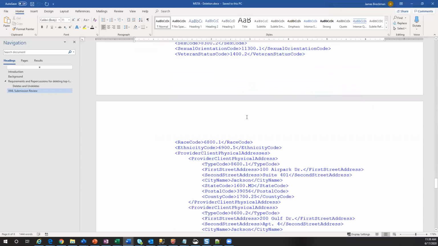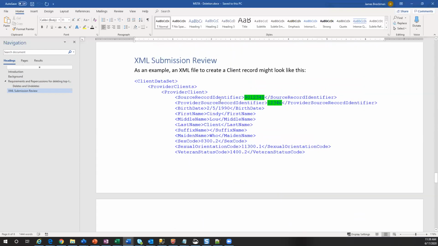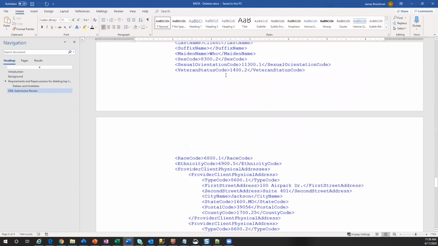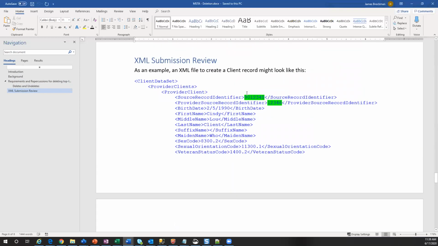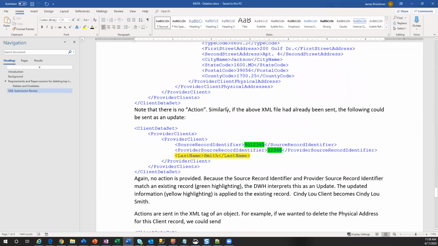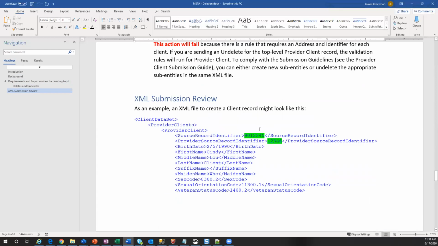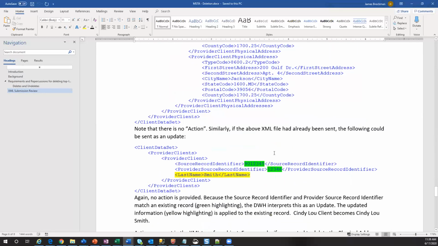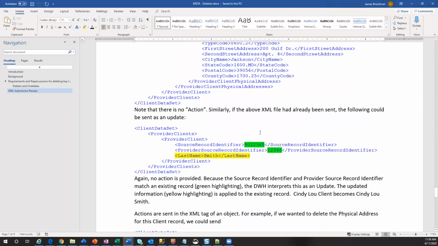And this is talking about how a client record is created here with a source record identifier for the client and the provider. And then, to create it, we just put those source record identifiers in. And this meshes nicely because this is an update. This is how an update would work. Again, you're uniquely identifying a record with those 2 source record identifiers for client. And